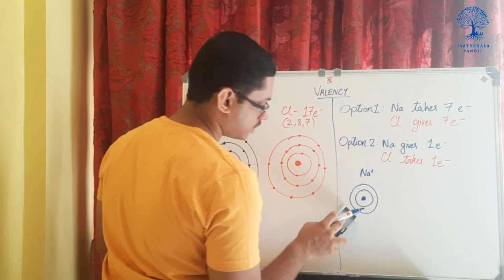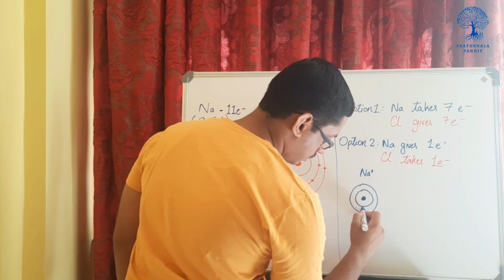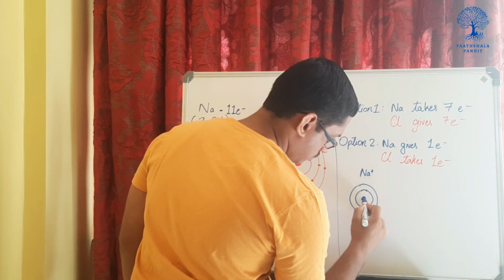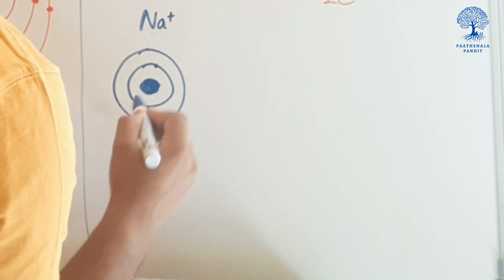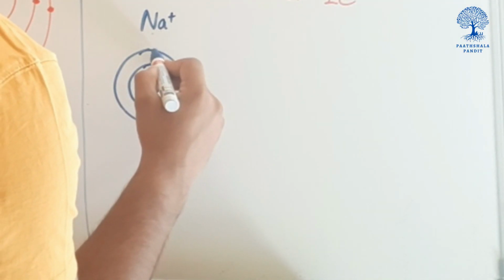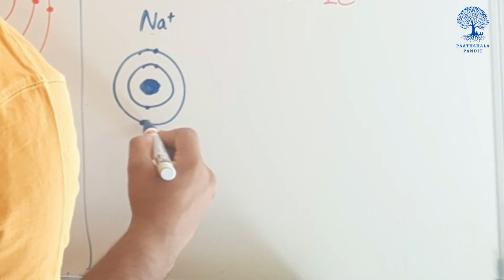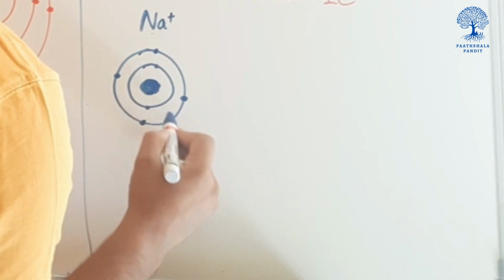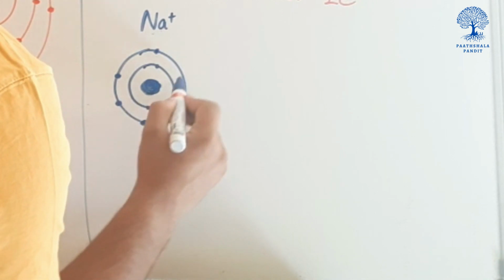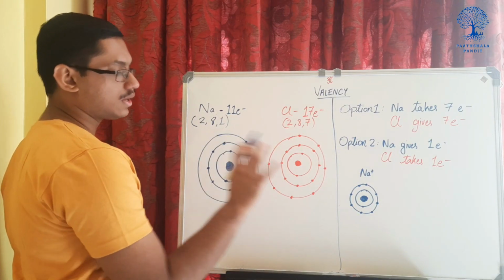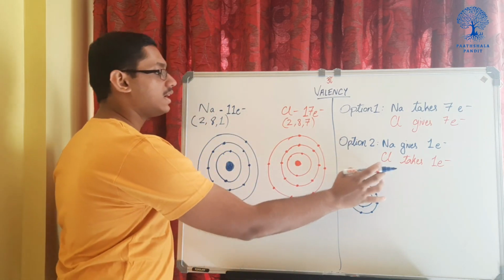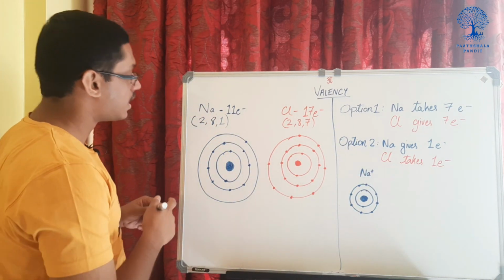Done. There are 2 orbits, 1, 2. Let me draw the nucleus bigger. Okay, 1, 2, 3, 4, 5, 6, 7, 8, 9, 10. Okay. So, Na plus. Now why am I writing Na plus? Because